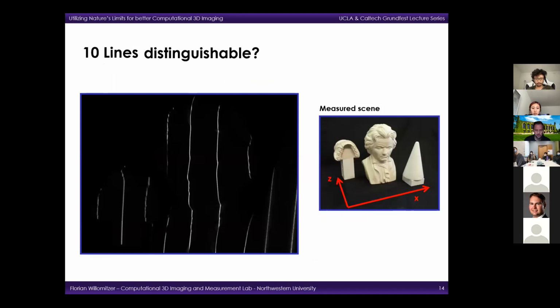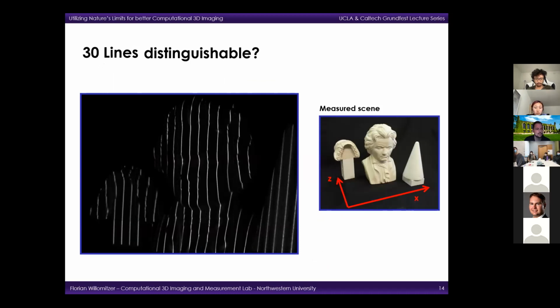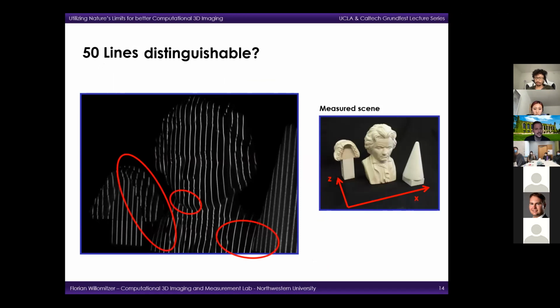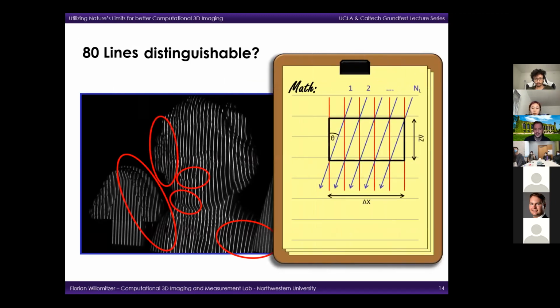Namely, the more lines we project, the harder it is for us to distinguish between the lines and to find out their right number, or the right index as it is sometimes called. This is especially true if the object contains high surface frequencies, like these jumps that you see here. If we draw that on a piece of paper, we see that the line density is limited by two parameters: the unique measurement range and the triangulation angle, which basically defines the precision of our method. Ideally we want large values for line density, triangulation angle, and unique measurement range.